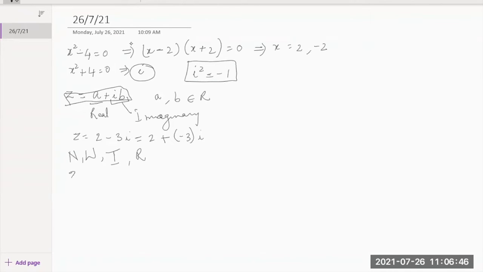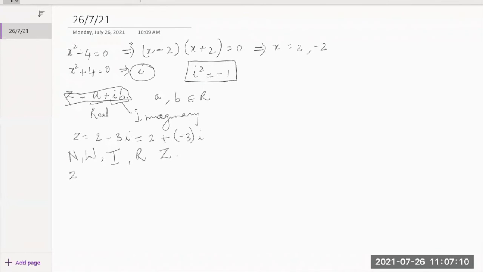Similarly, z also, which is a complex number. This has to be a small letter z, not a capital letter Z, because if you remember, capital Z was used in class 10 for integers. So here for complex numbers, we're going to use small letter z. It's looking like a block letter, but I've written it small.